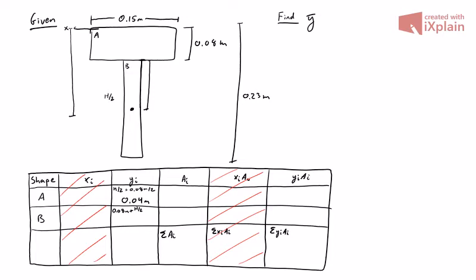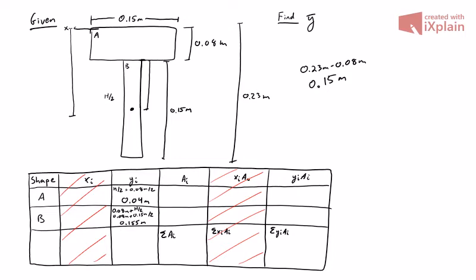And we're not given the height directly. We're given the height of A is 0.08 meters. The total height of the object is 0.23 meters. Therefore, the height of shape B is 0.15 meters top to bottom. Okay, so we're going to do 0.08 meters plus 0.15 meters over 2, which is going to give us a centroid position of